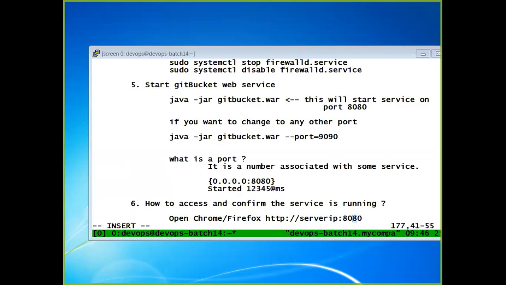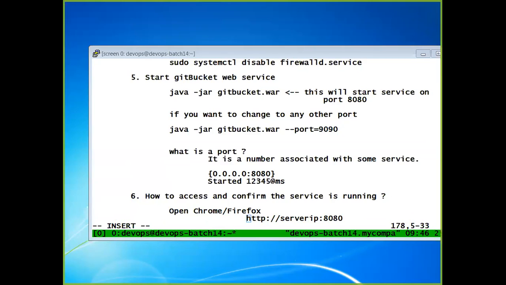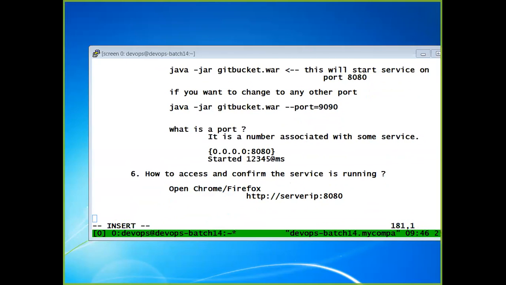What do you say? Server IP and the port number. In our case, our IP is 192.168.0.80, so I will type http://192.168.0.80.